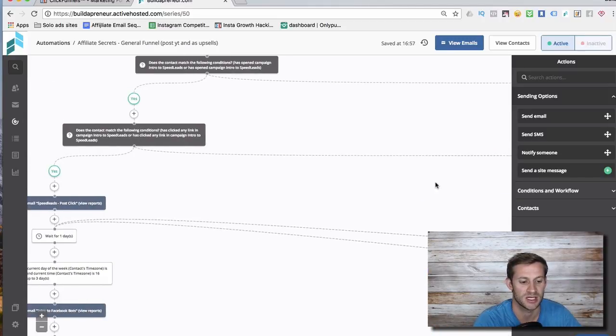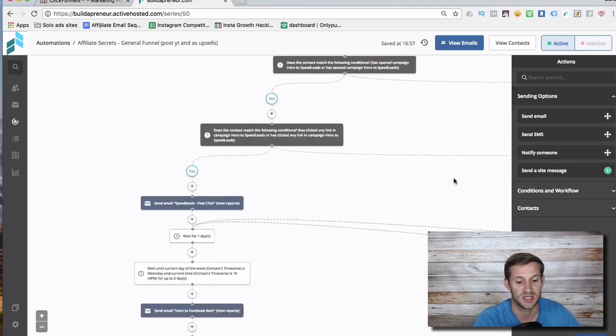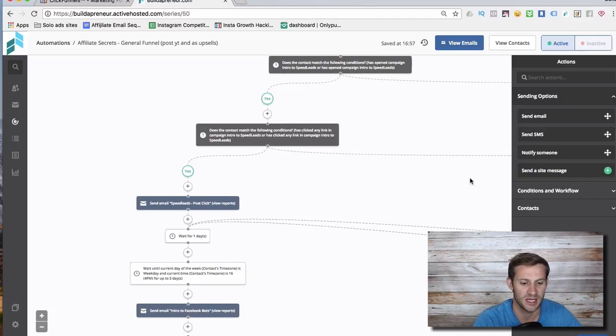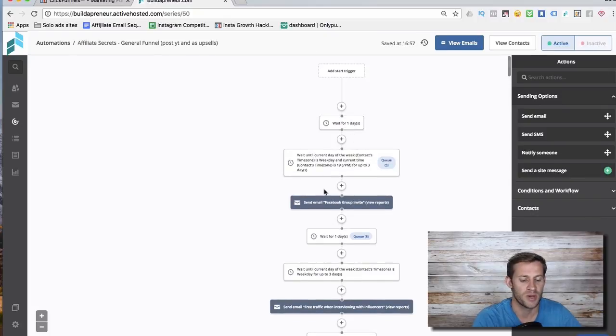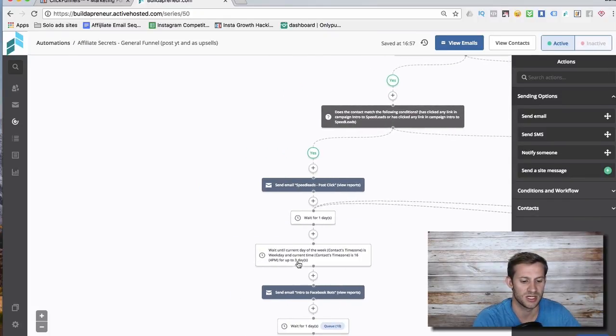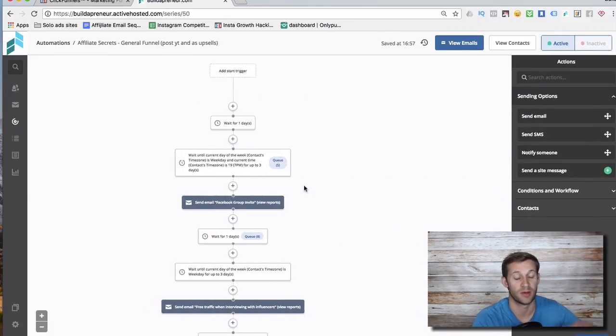And at any point, I can just click and I can drag. I'm not going to mess with this because, as you can see, it's kind of complicated, but I can click and drag these arrows right back again to bring them right back into the main automation. So I pretty much build one long sequence like this. You can see on the left, if you're getting like, whoa, too much, then I'll just break it down here.